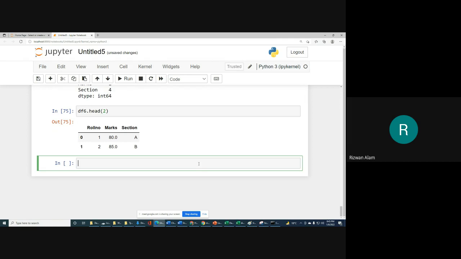First of all we will store some data like roll number, marks and section in an Excel file. That will be stored somewhere on our computer, and then we will try to load that data from the Excel file into a data frame. If you have all that data in a data frame, then you can use all pandas functions with that data frame. In this way we will work, and in the next session we will see how we can fetch our data from an Excel file.